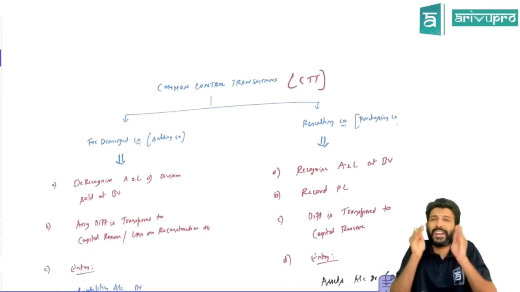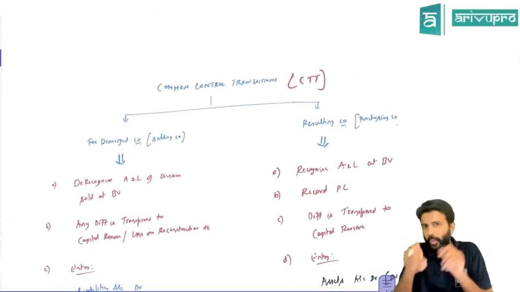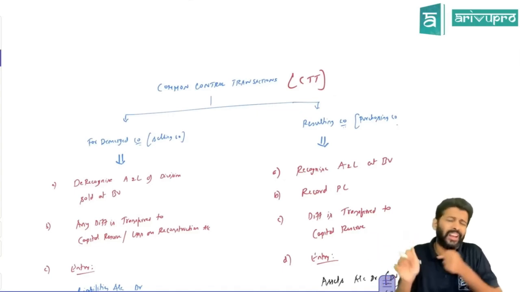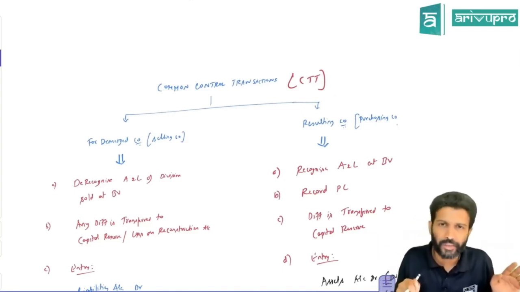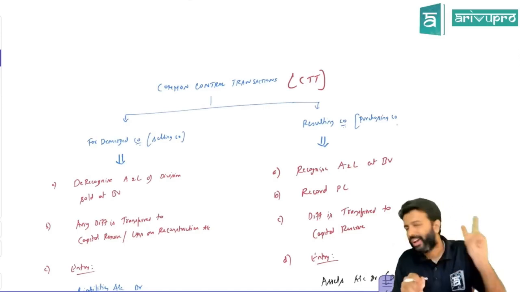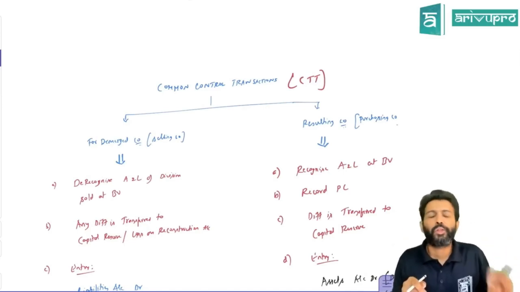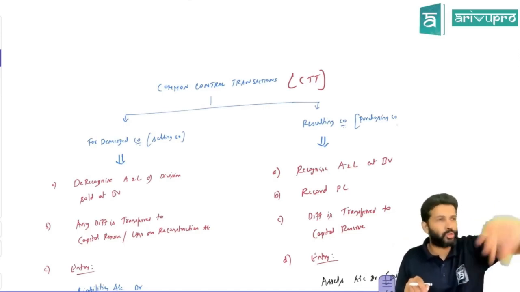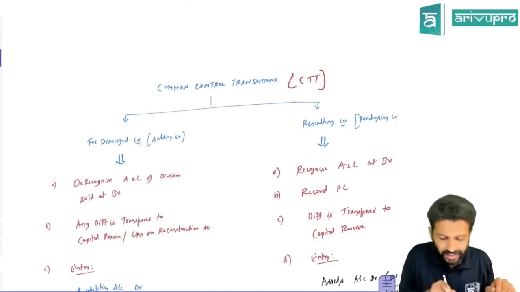Sometimes, sir, let's say one company has two divisions. One division is doing extremely well, and another division is making heavy loss. One company, they're having two divisions. One division is doing good, another division is doing bad. So whatever division that was making loss, we sold it. So that means a division sale.